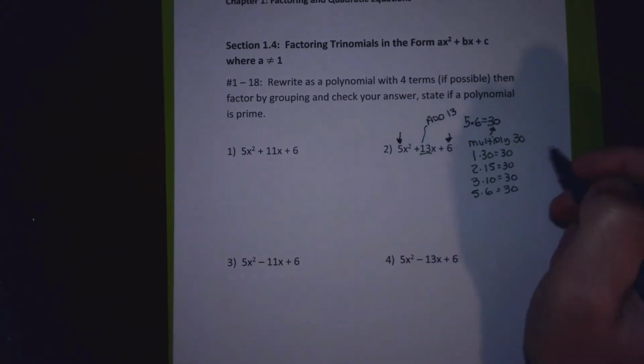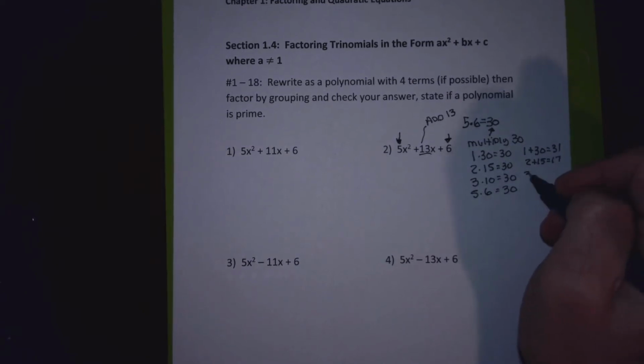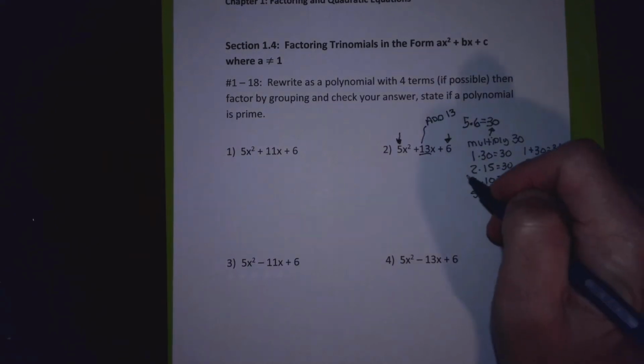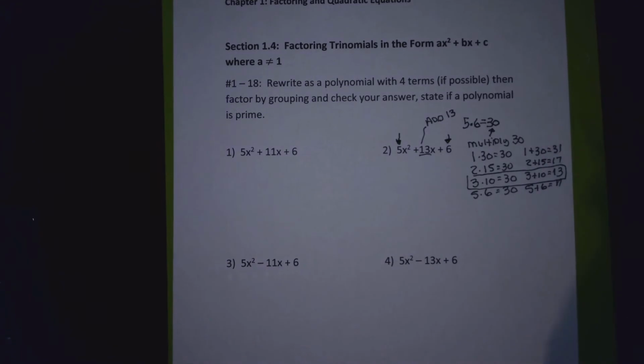I need to add these now. I'm going to do 1 plus 30 and get 31. I'm going to do 2 plus 15 and get 17. I'm going to do 3 plus 10 and get 13. Don't really need to do the 5 plus 6 and get 11, but I could. This is the pair that I need because those are the plus plus numbers that multiply to 30 and add to